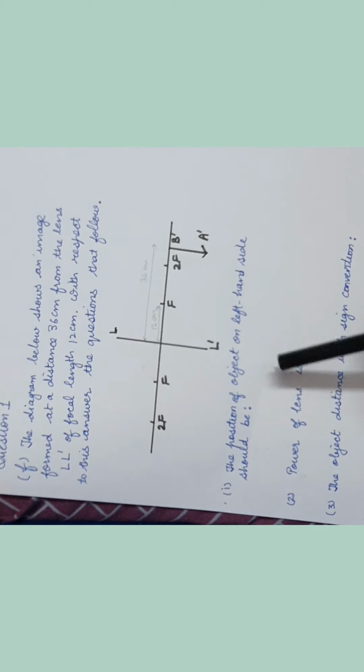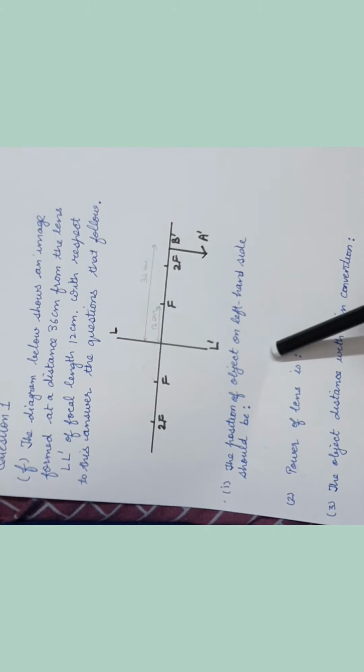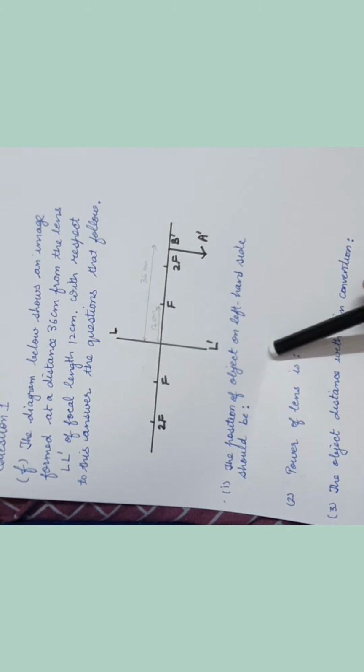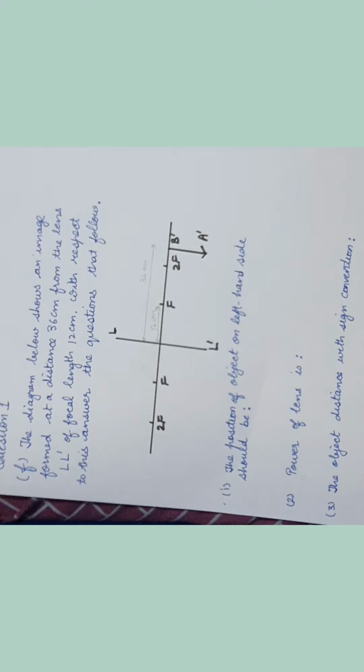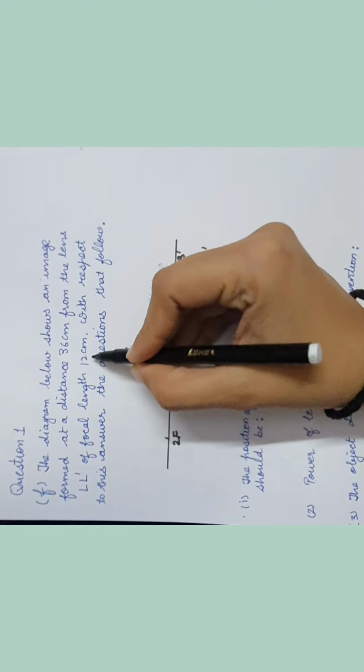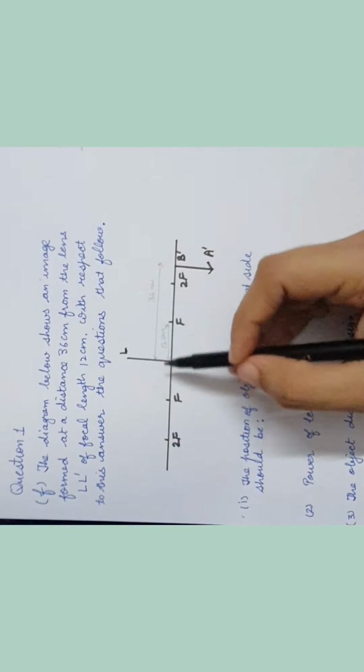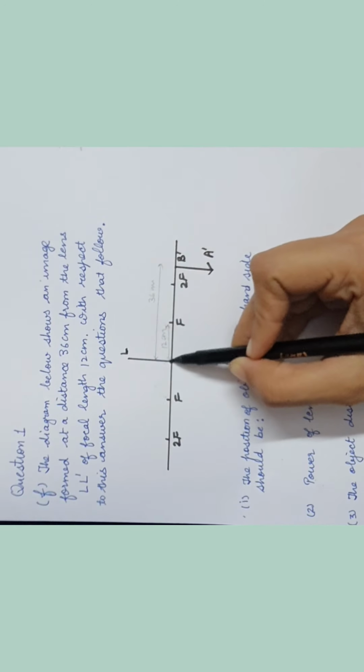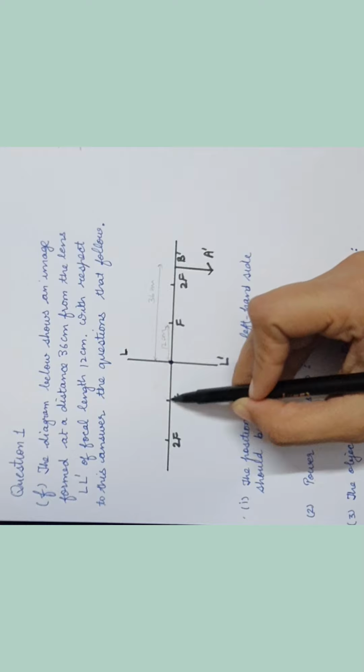See, they have given 4 options. I have not written that. I will be directly finding out the answer and you can just check that, right? Okay, so what is given to us, focal length is given 12 centimeter. So you know focal length is what? It is distance from the center of the lens to this focus, right?